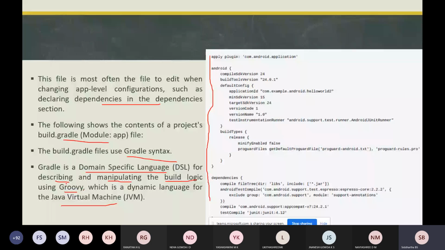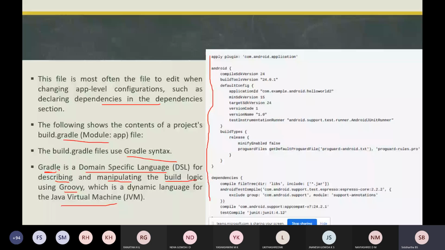So what is Gradle? Gradle is a build automation tool for multi-language software development. It controls the development process in the tasks of compilation and packaging.